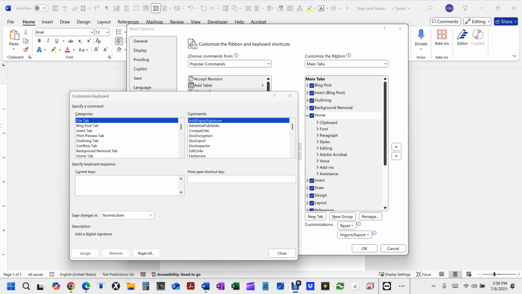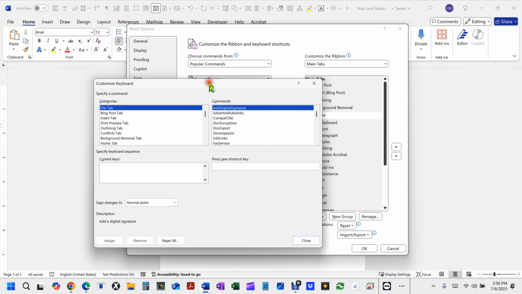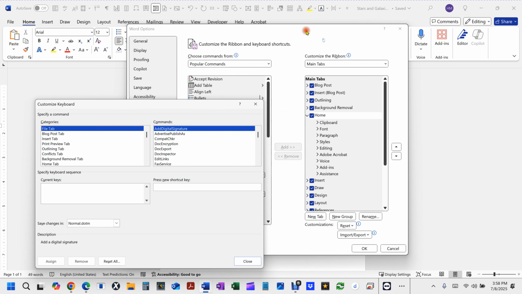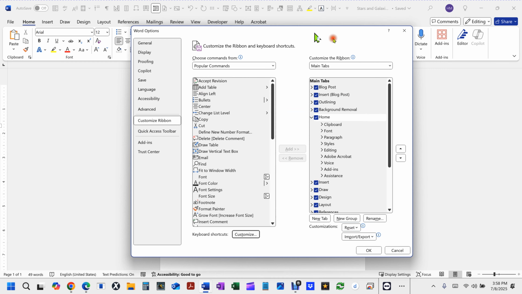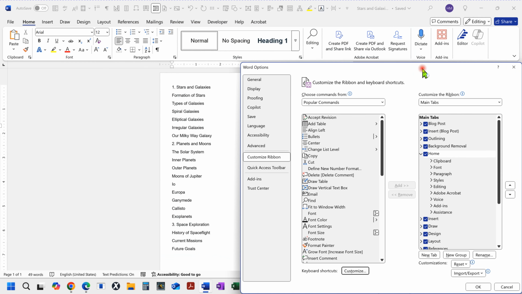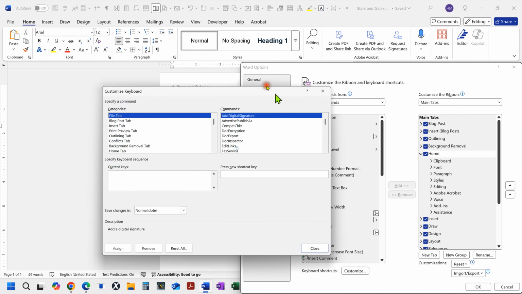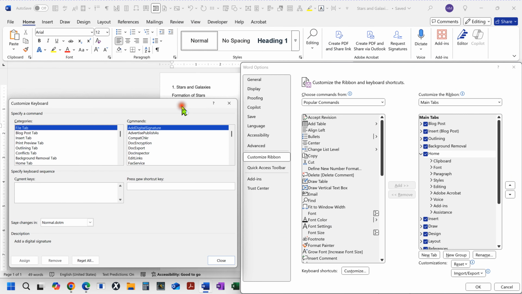There are different ways you can move this window right here. So if you notice, there's nothing I can do with this one, so I need to close this one. So the first one you need to move out of the way, and the reason I move it out of the way is I'm going to show you this stuff right here. So I'm going to hit Customize, and this one I can move wherever I want. Now I'll show you different ways of viewing this